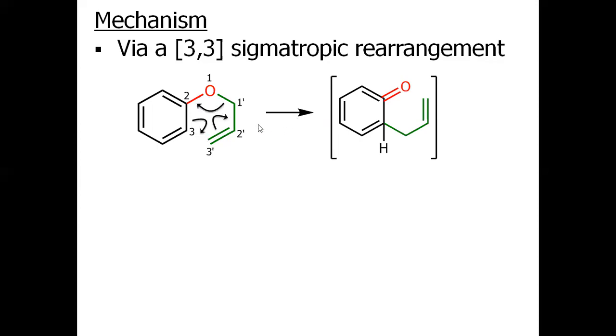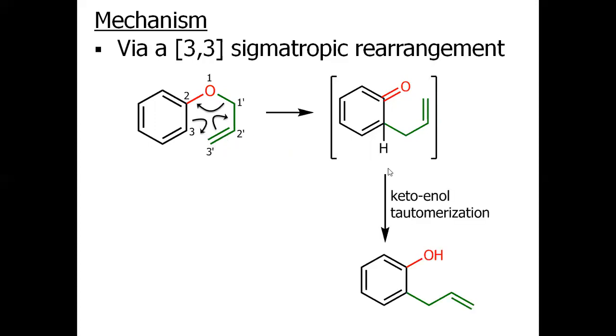See, now what happened when we have basically intramolecular rearrangement? This carbon corresponds with this oxygen, 1, 2, 3 is basically 3, and this sigma bond which is being broken is actually 1, 2, 3, carbon number 3 with this position. That's why it is known as 3,3 sigmatropic rearrangement. Now finally what happened, this intermediate is highly unstable, and it will convert from the keto form to the enol form, right?